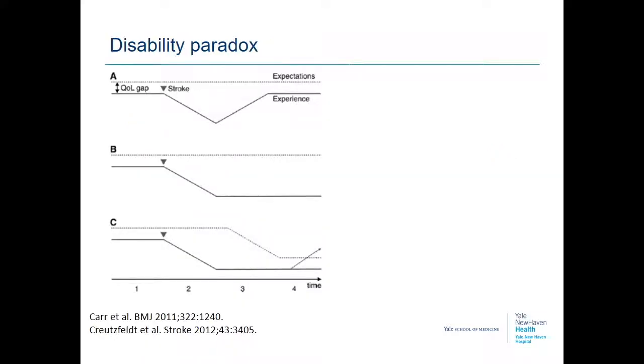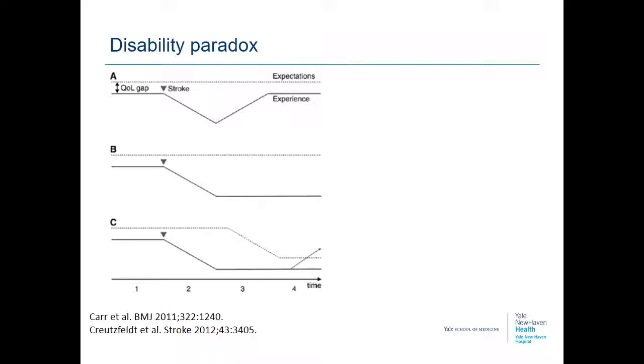This is the last study we're going to highlight in the talk, and it really just focuses on this issue of how affective forecasting, or the attempt to predict how someone might feel about something in the future, is a very difficult thing to do. There's a well-known, well-written about phenomenon called the disability paradox, which highlights the different biases that one might run into when trying to advise families about how a patient might feel about a disability that they might have in the future. If you look at the top of this particular slide, you'll see